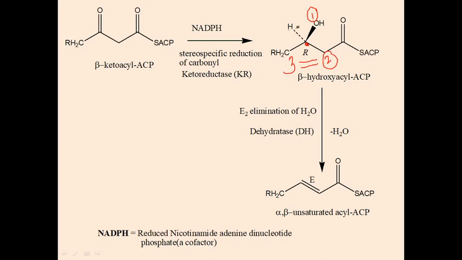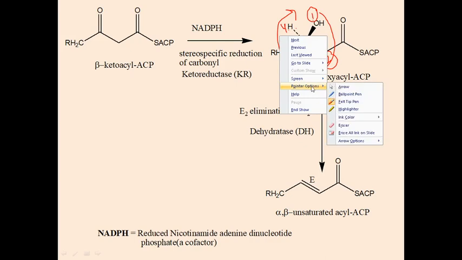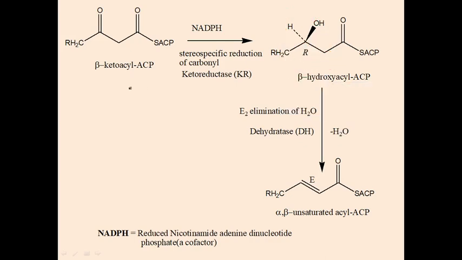Another important criterion is that the atom in the fourth position must be at the back of the plane. You can see it is shown by the dotted line that it is at the back of the plane. It is all correct. Now let's see the movement of these atoms, how they go. 1, 2, 3, it is clockwise, and whenever the rotation is clockwise we call it R configuration. R means rectus, or right, or clockwise. This is R configuration.